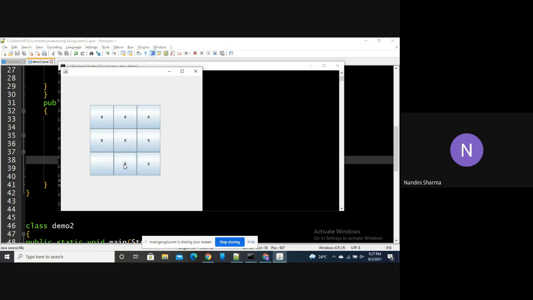Now what we want is, if the first player is clicking the button, the label X should appear, and when the second player clicks on the button, label O should appear, right?